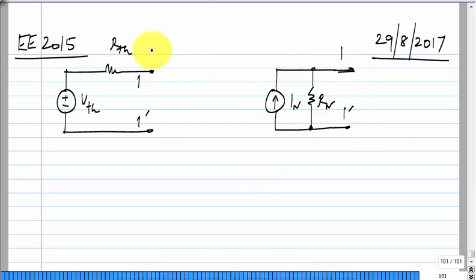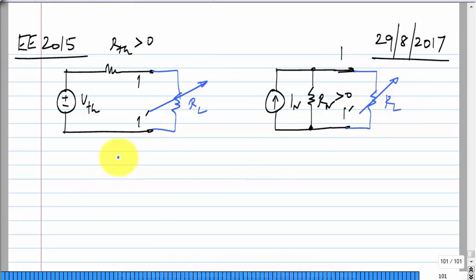And we will assume that in this particular context both RTH and RN are more than 0. This is not necessarily true when you have controlled sources inside, but this is definitely true if you have only resistors inside the network. And the problem that we were looking at was to connect a load resistance here, RL,